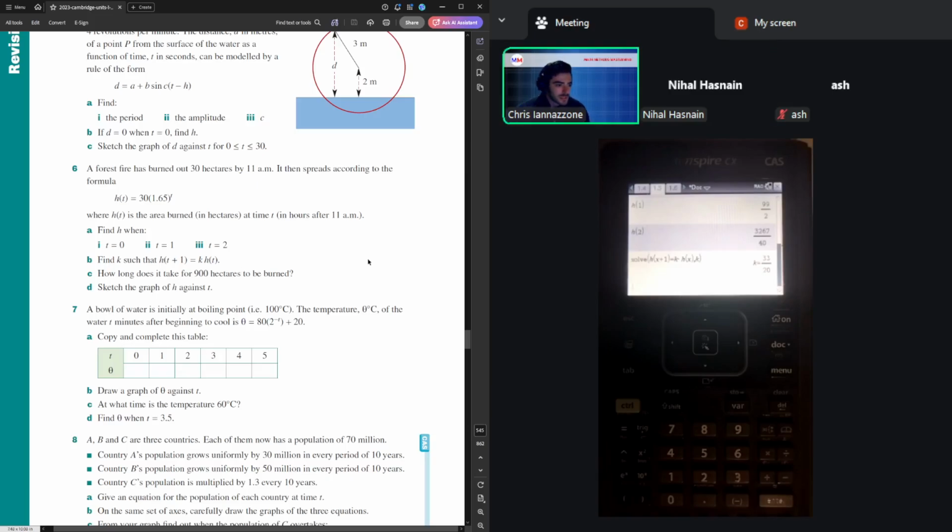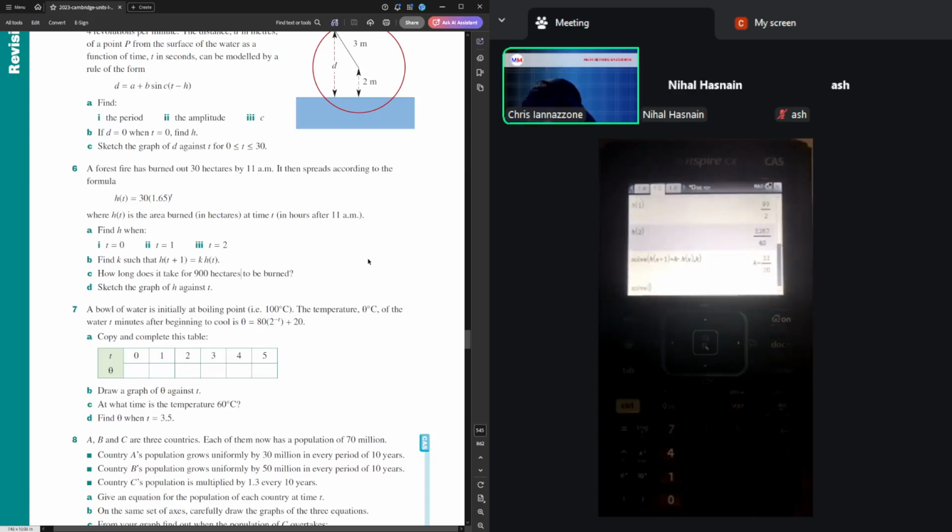Part C, how long does it take for 900 hectares to be burned? This is basically the opposite of part A, which is instead of having a time value to sub in, you have a hectares value, a y value to sub in, and the opposite is what we're solving for. You're solving for time. So this will be a CAS solve. The equation is equal to 900. 900 equals function, comma x,